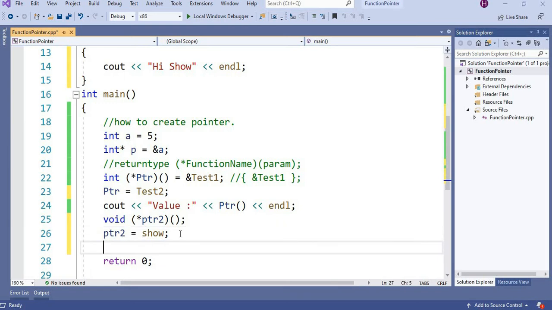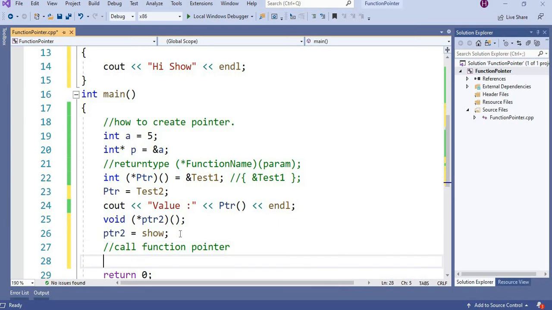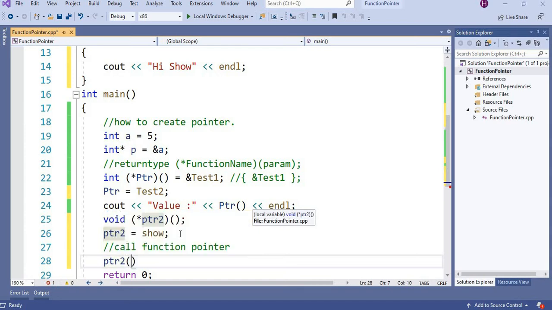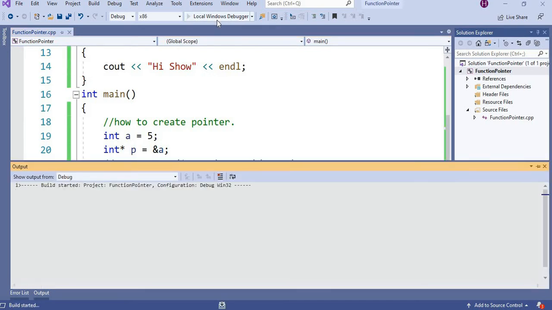Now if I call the function pointer ptr2, it will print I show.